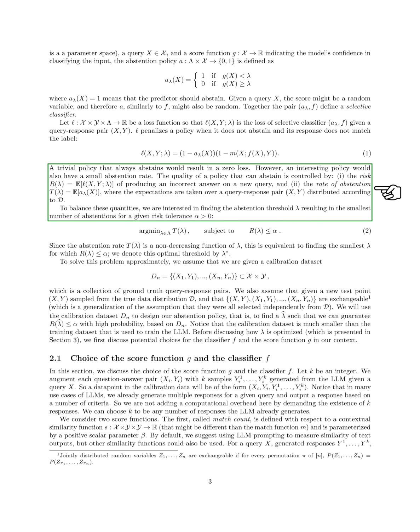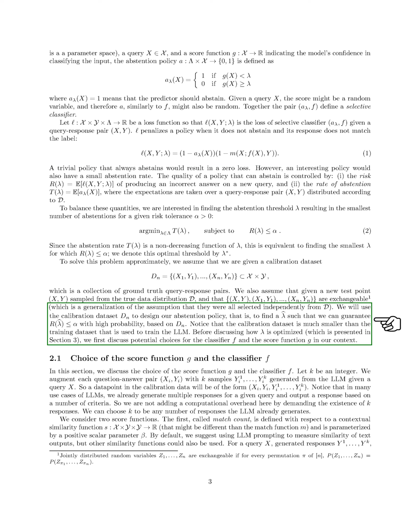To find the optimal abstention threshold, we use a calibration dataset to design our abstention policy. This dataset consists of query response pairs and helps us determine a threshold that minimizes abstentions while controlling the risk of incorrect answers. By optimizing this threshold, we aim to strike a balance between accuracy and abstention rate.